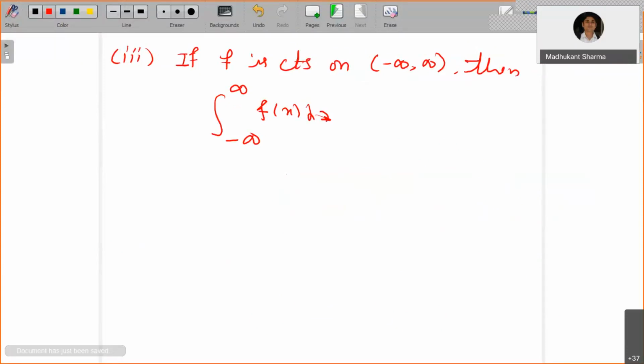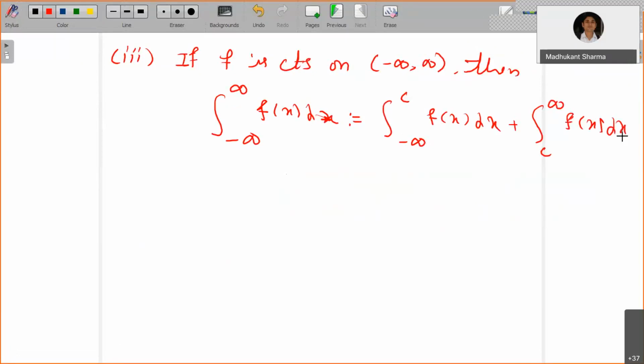You have to decide on a breaking point: the integral from minus infinity to c of f of x dx plus the integral from c to infinity of f of x. You subdivide the interval into two parts, and then you apply that. This is a type 1 integral, and each limit belongs to its own part, accordingly.